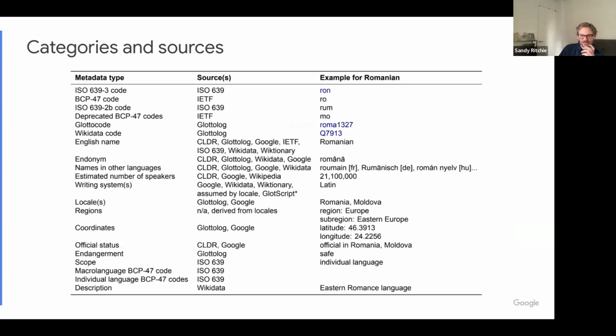So yeah, this is from our paper. This is what an entry looks like for a language, in a more human readable way. You can see here for Romanian, we've got all these different language codes, including deprecated language codes for some languages. We include that in the repo because it's useful sometimes, because some repositories or other resources don't use the same standards, or they do use historical or deprecated codes. So we've really tried hard to bring together all of the different ways that a language can be referred to or represented. Is there a question?